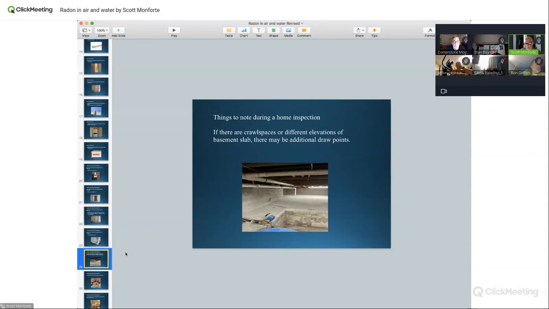This was a house where I did 1 to 5 draw points. The lady was an oncologist. She had a baby, and she said, "Mama Bear does not want any radon, and I want it as low as you can." So I said, no problem. We put in 5 draw points. There were multiple areas: the boiler section, the basement area, and I just put a draw point in every area. Did I have to do it? She wanted as low as I can go, so I did multiple draw points and a real strong fan.